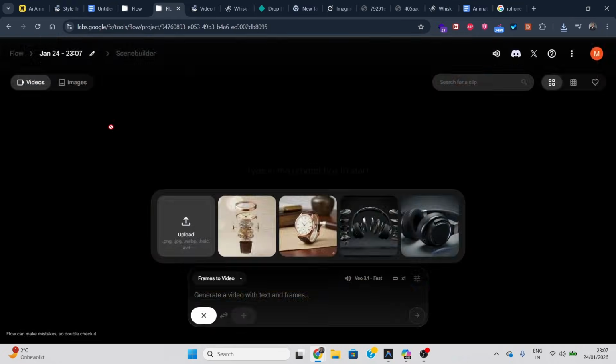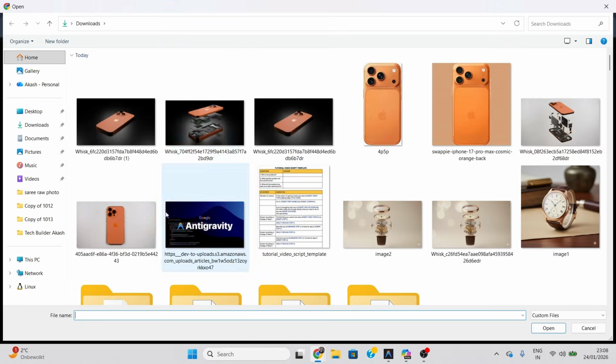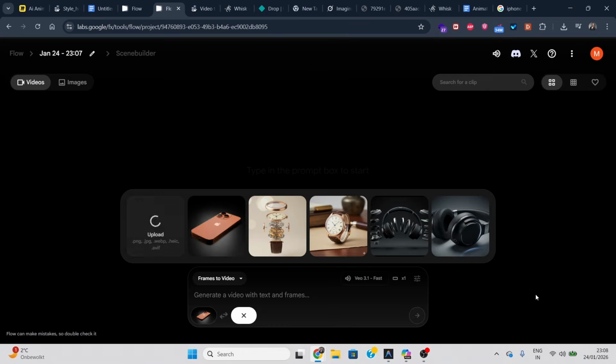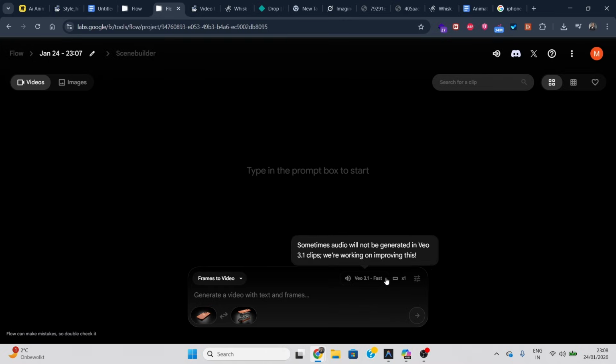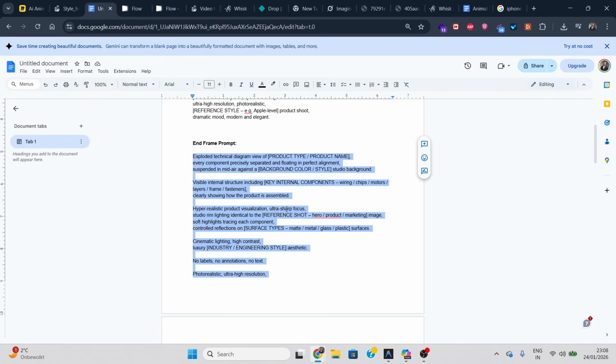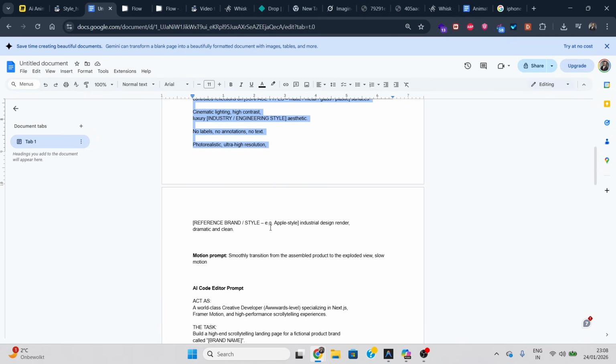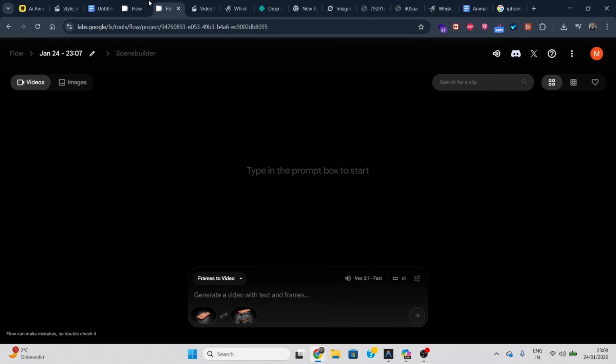We move to Google Labs, Google Flow. Here, we create a transition motion video by using a first frame and a last frame. We just need to add a simple command bar, and the tool will generate a smooth transition video. If you have a premium version, you can export the video in high resolution. I am using the free credits available to me. I have also created a simple prompt for this step, so you can easily generate the video with smooth transitions.